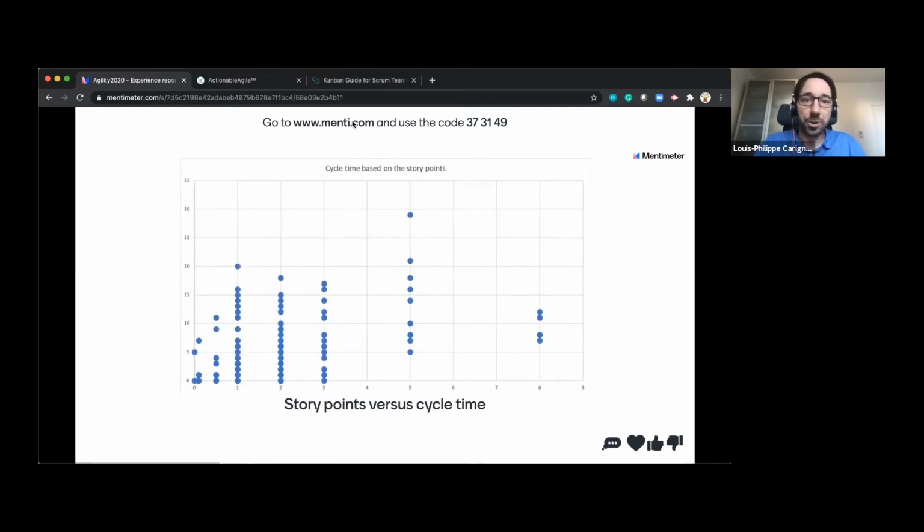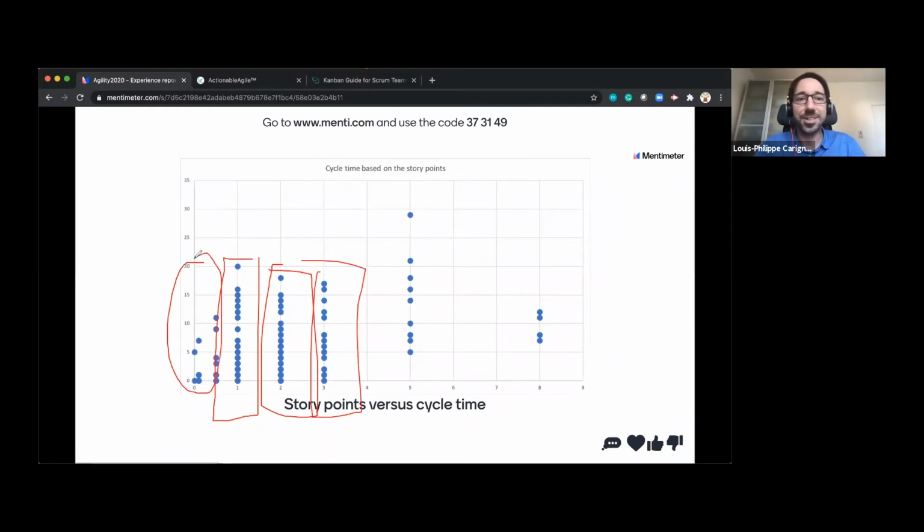And what I'm going to show you is what I've been getting in about 90% of the teams I've worked with in the last 2 years: those 1-pointers, 2 points, and 3-pointers are generally around the same spread in cycle times. And in this case, I've got a few 5 points, they're also in there. And guess what? In this example, which is real data from a team last year, my 8 points are still within that same range.